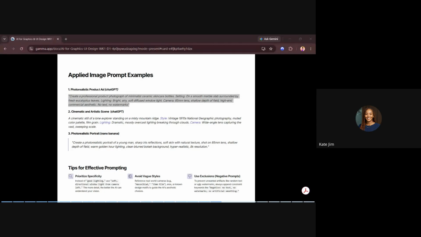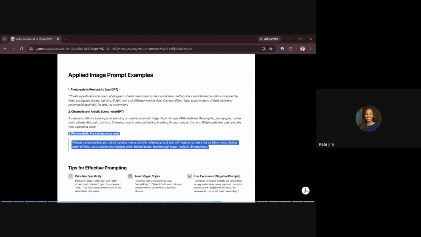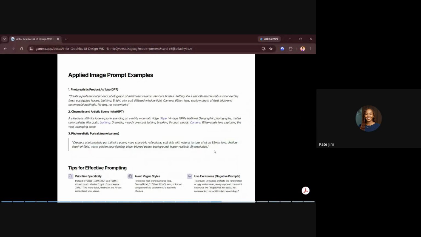But the one we're going to do very quickly will be the nano banana. So I'm going to copy this one for the nano banana. And that's Gemini, please don't be confused. Nano banana. I've left it in the chat box. Please, let's do it quickly. I want to see what you get.